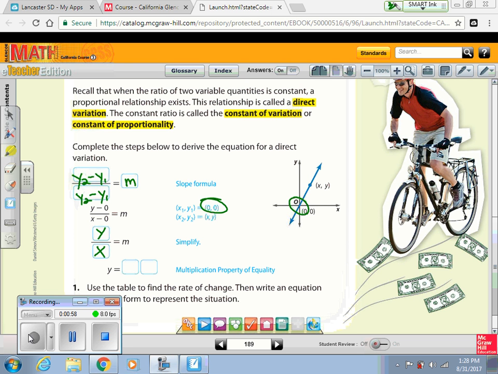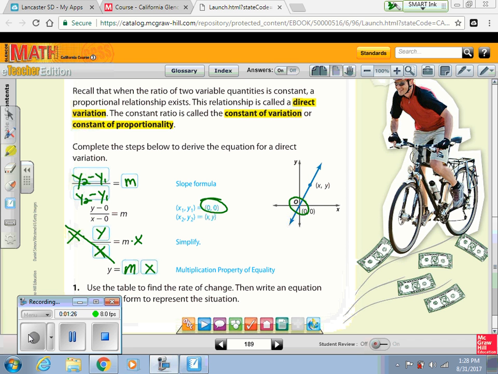As you remember, we just looked at proportionality in a previous lesson, where if you divided the b by the a, or the y by the x, and it was equal to the slope, it was proportional. So if we were to solve for y here and multiply both sides by x,